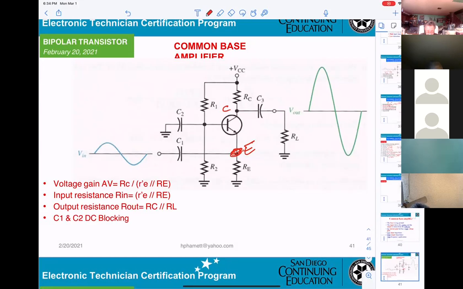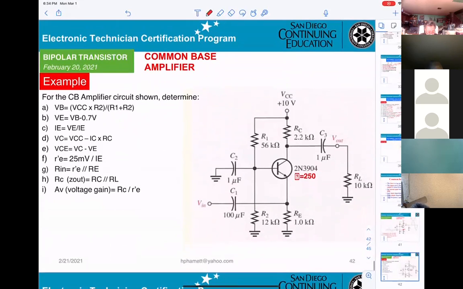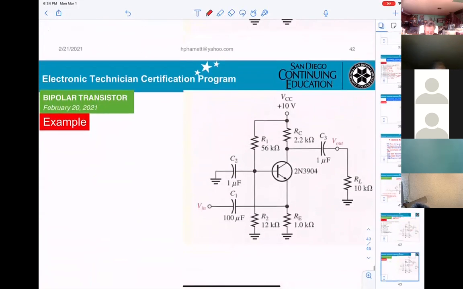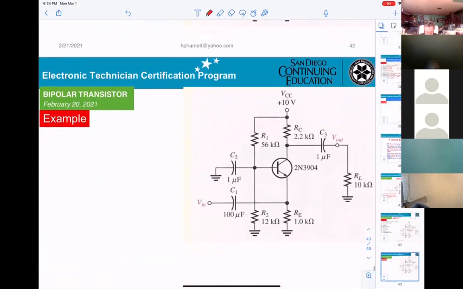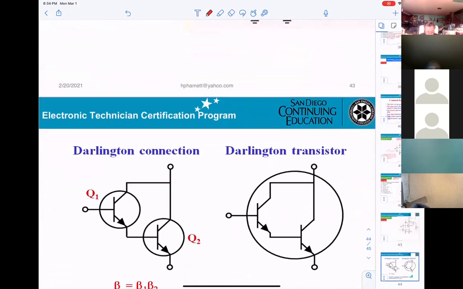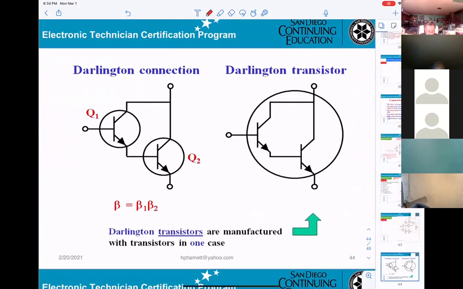C1, C2, DC blocking. And this will be on the calculation, okay? And we already gave you the formula. You're able to calculate it. And this I just copy, okay? Next one,